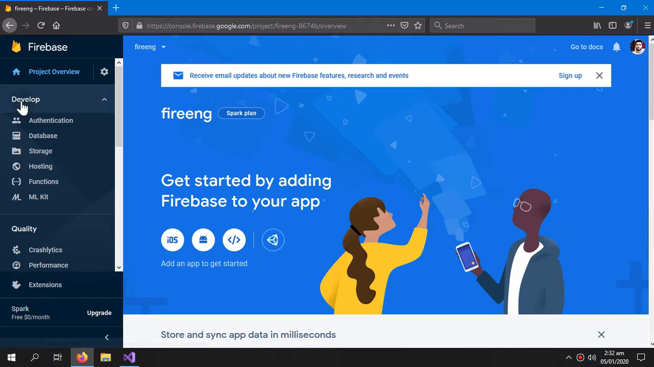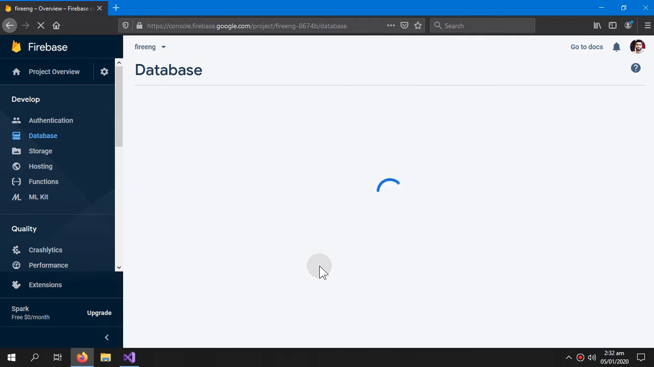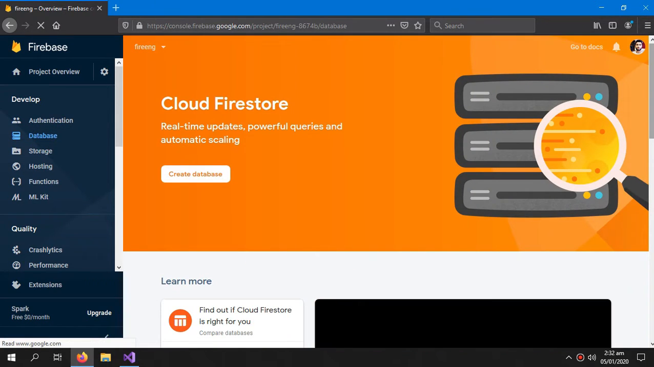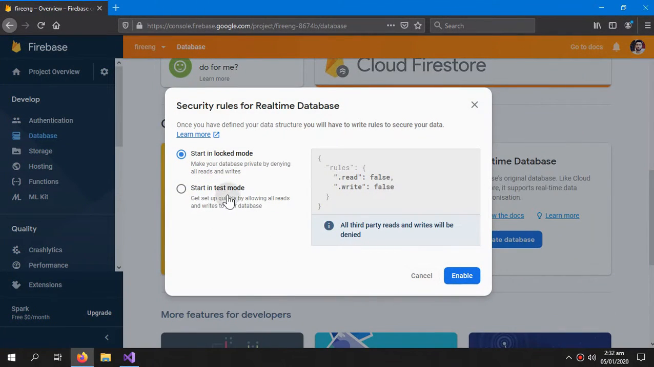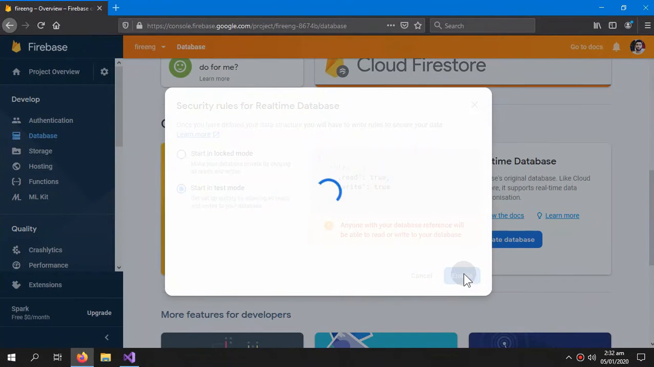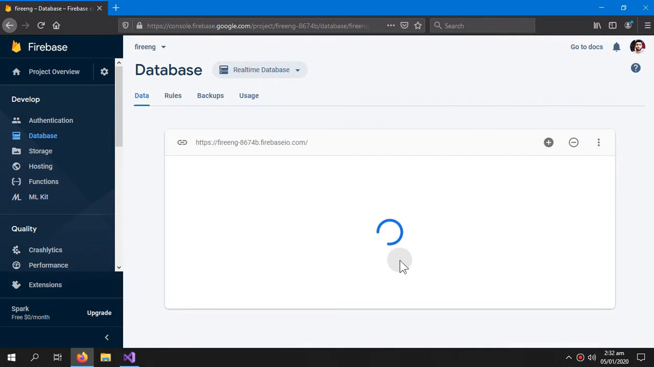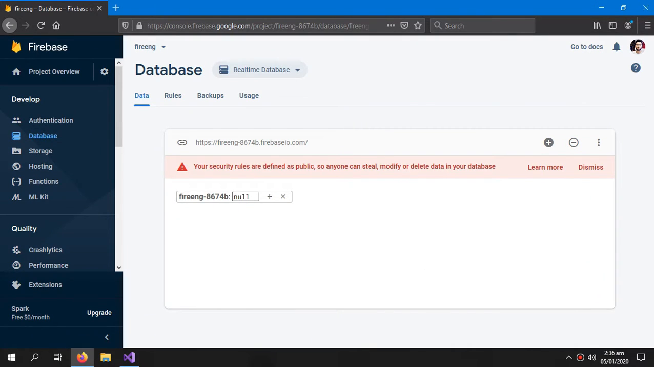We will go inside the developer section and here it is written database, and inside the database we will find the real-time database and click create database. Start in test mode and this will create our database. For now we are keeping our browser window open and now it's time to create a new project in the